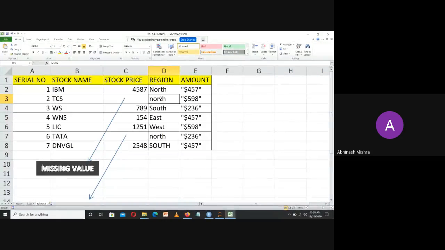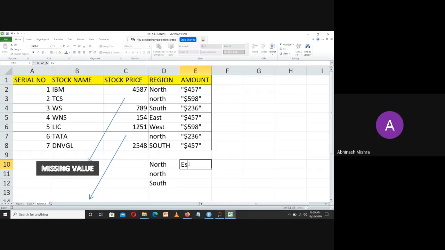Okay, now in the second phase, in the region column, we are about to see that the person who made this data has made a blundering mistake. And what is the mistake? Whenever we are doing any sort of analysis in R or Python, these languages are case sensitive. If I want to see the count of the regions, then in this column they will say that first of all there is a region called North. Then they will say there is also a region called north with a small n. Then there is a region called South. So how many regions have they defined so far? Three.